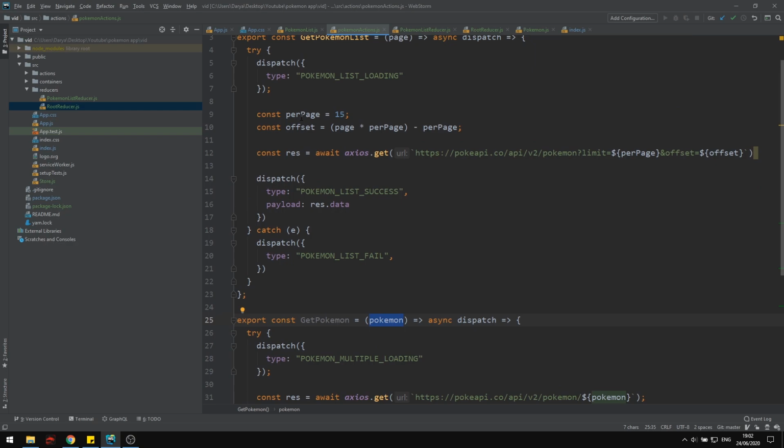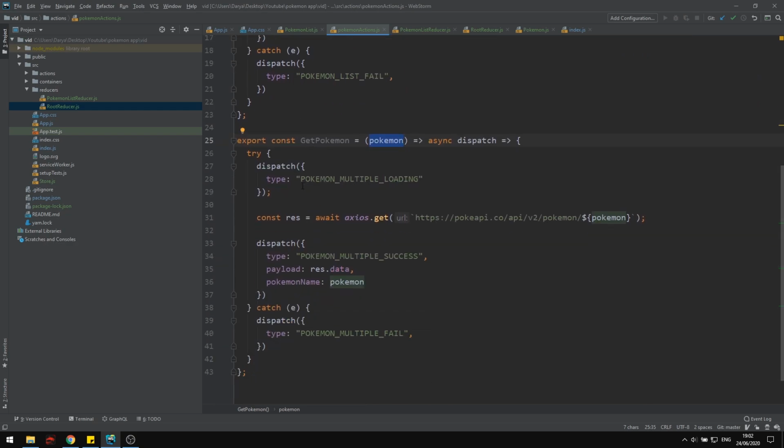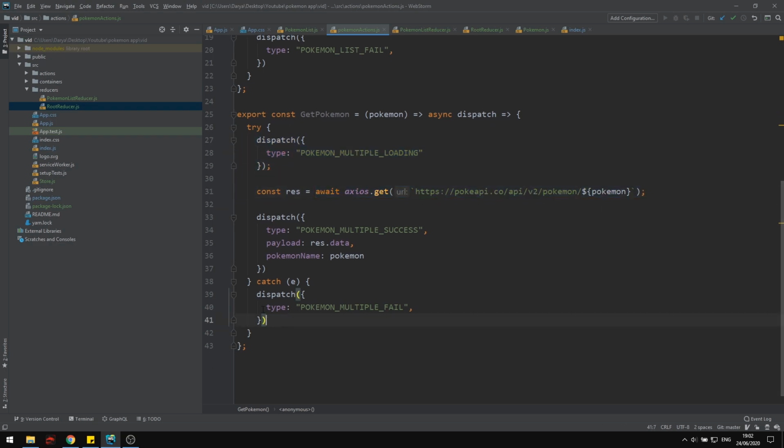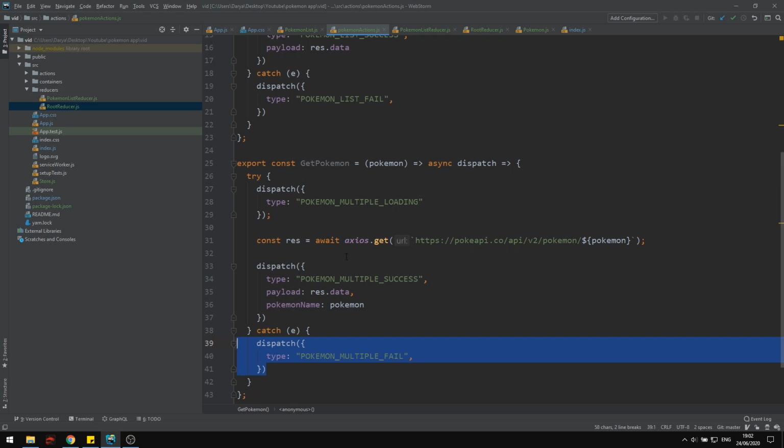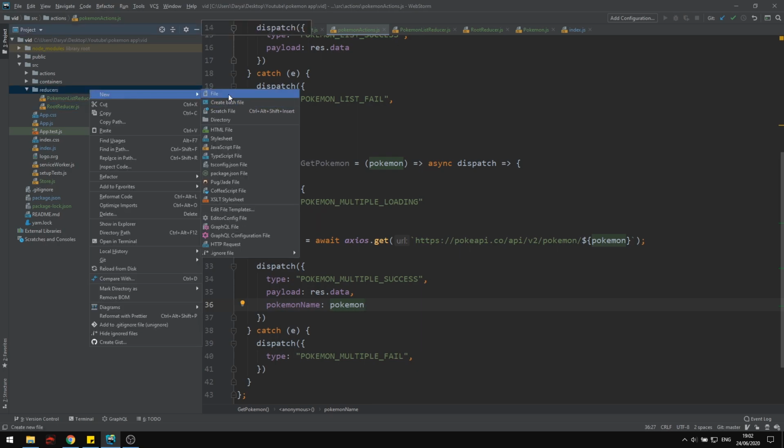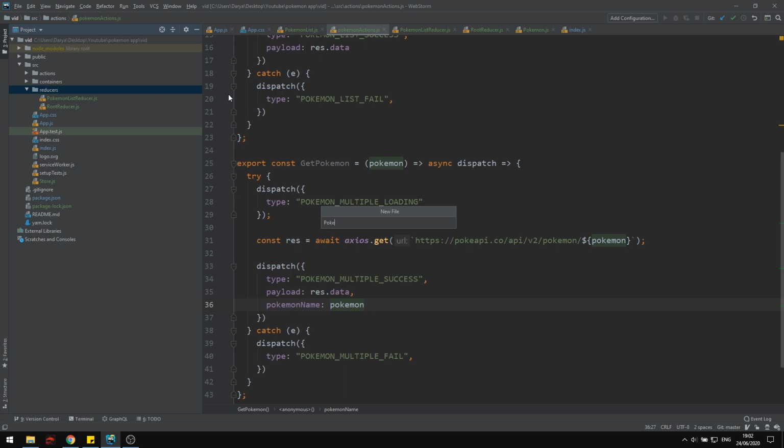It's very similar to the first one. In our try block, we dispatch the loading, try and get the data. If it fails, we dispatch fail. If it succeeds, we send the data in the payload, and we also send the Pokemon name. Okay, so now let's do the reducer for this one. This one's going to be a little bit different. So let's say Pokemon